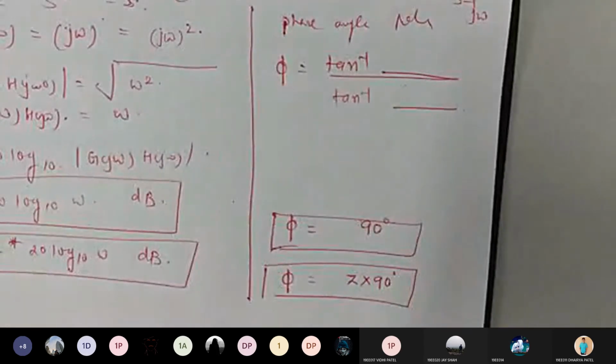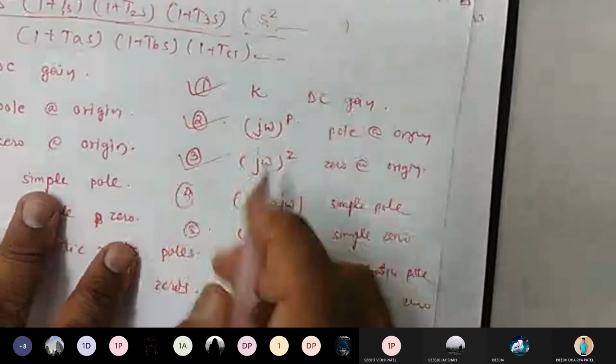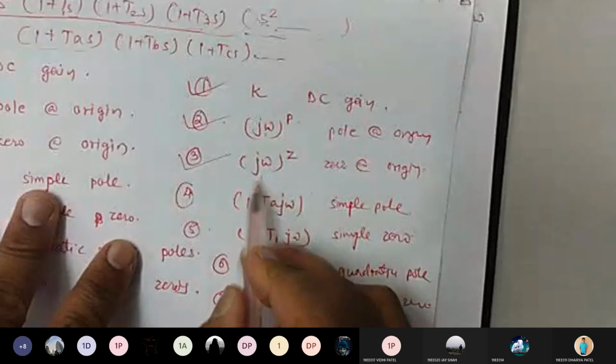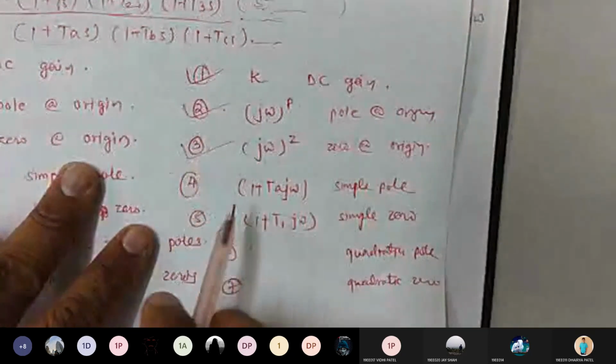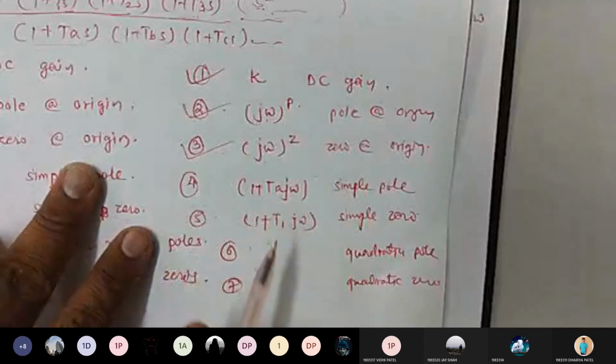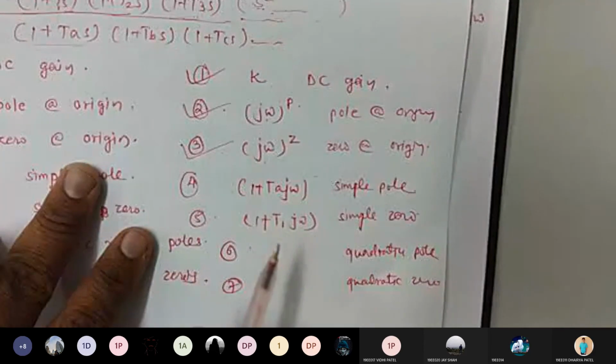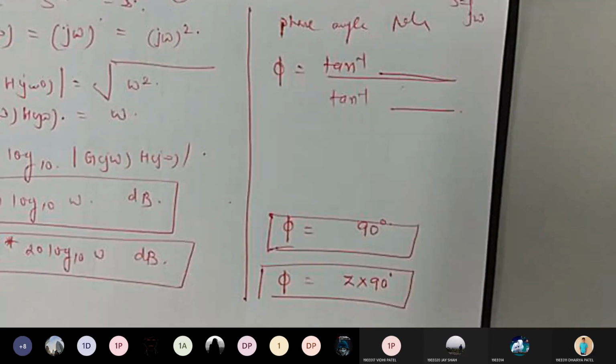Done. So how many factors have we completed? First k factor, second z pole at origin, 0 at origin, that we have completed. So we have completed 3. Okay, next 4th and 5th we will take in the next lecture. Okay, you can leave the meeting. Pratik sir is waiting for your next class. Okay, thank you, sir. Thank you.